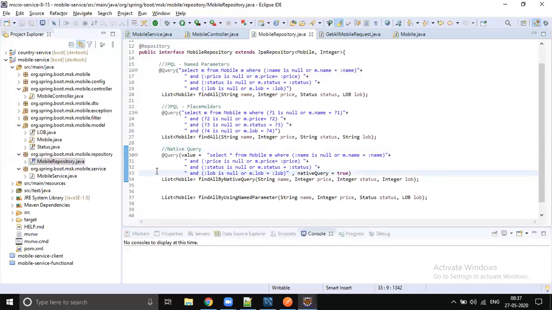We don't need to use queries, especially for these kinds of things, especially the filter processing I'm talking about. If it is not filtering and you feel that this complete query is required, okay, it's fine to use a query, but use JPQL, don't use native query. Only when things are not working with JPQL, then go for native query. Until then, if things can be done in JPQL, let's do it in JPQL itself.